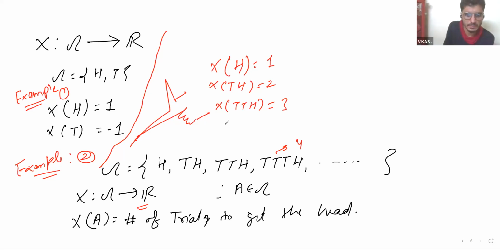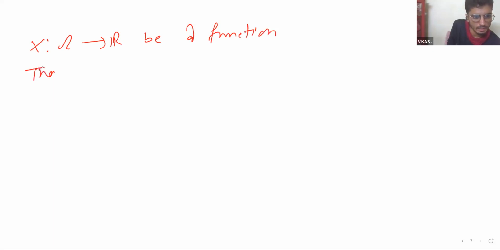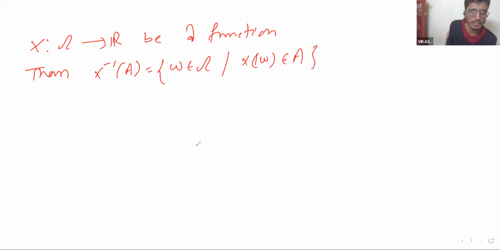Let's see what is meant by X inverse. Let me define: if X is a function from omega to R, then what is X inverse of A? This is the collection of all the outcomes omega such that X of omega belongs to A. What is meant by that?